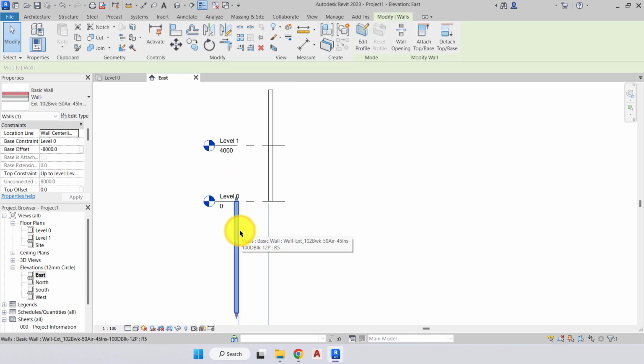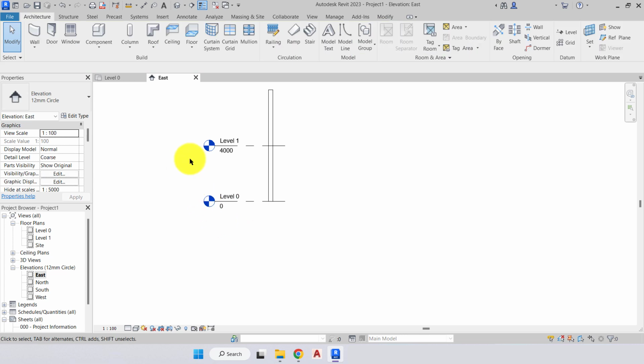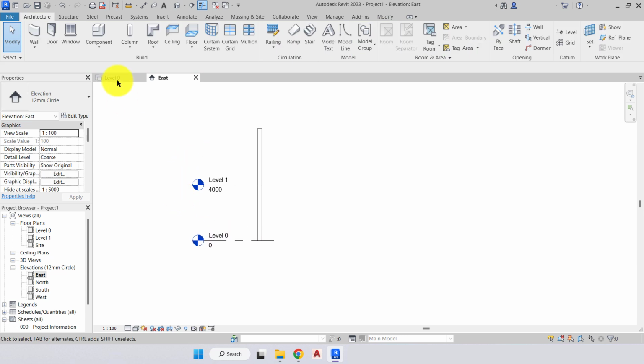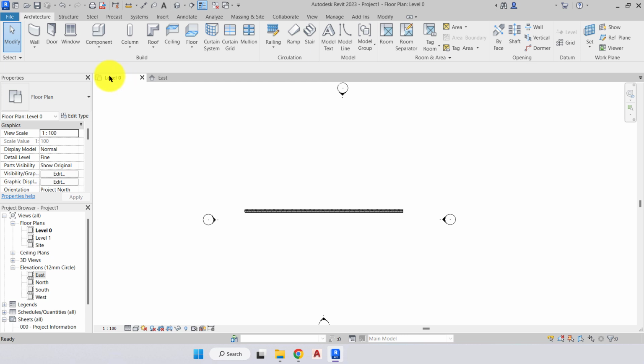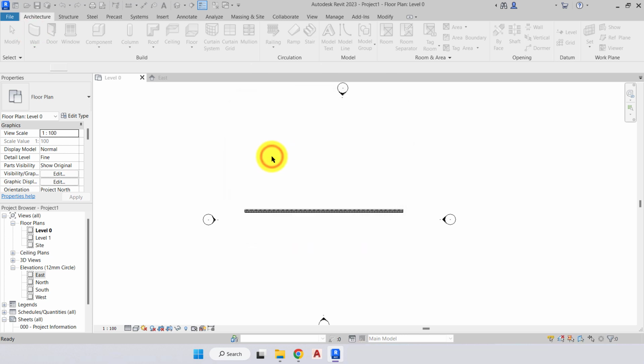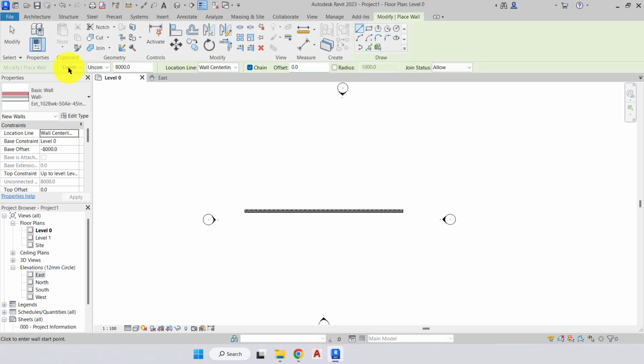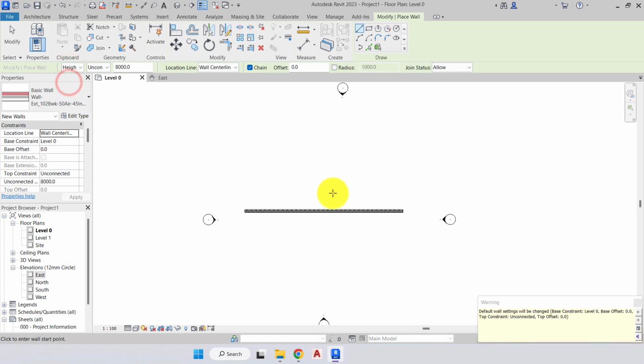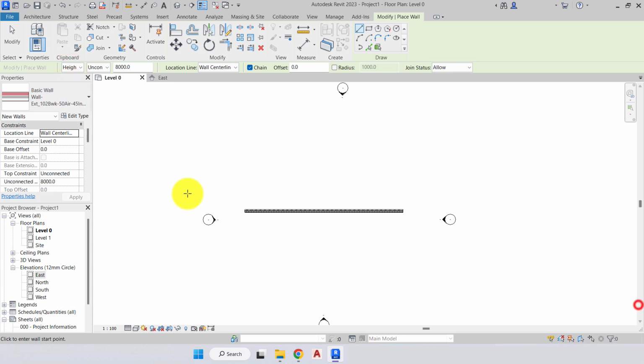So I'm just going to select that and delete it so it doesn't interfere. Come back to our level 0 and again select our wall tool. I've been prompted to save, so I will. First thing we do is go back and change over to height. Ignore the warning. So now we're back in our height. We'll come over to the next section where we have unconnected, level 0, level 1. So we're currently on level 0 and